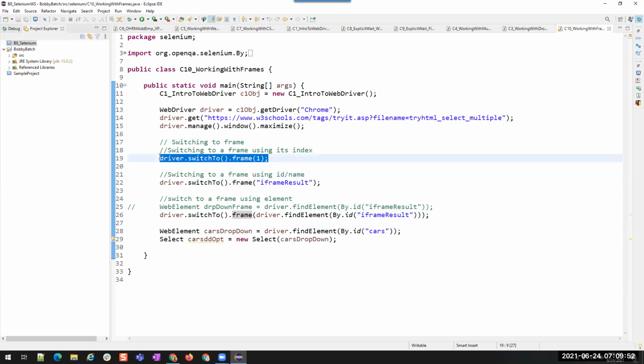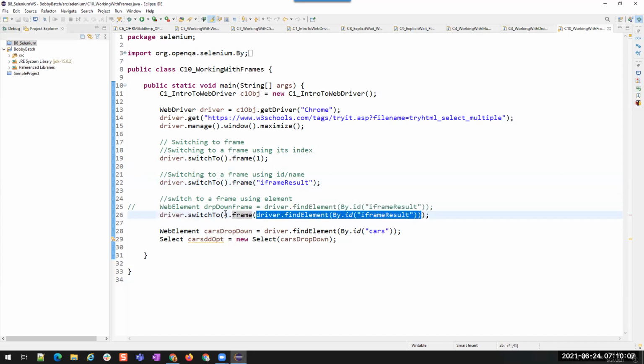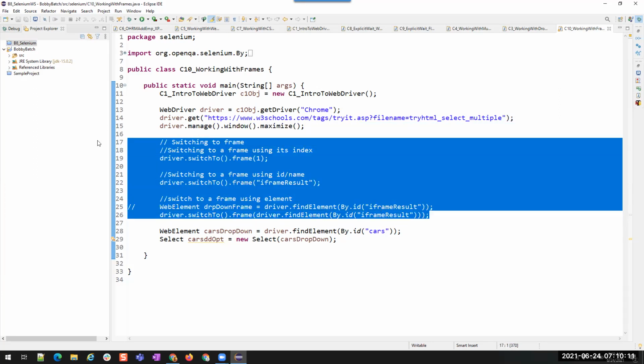It might not be constant, so we will not depend on indexes. We will depend on either ID or name if it has an attribute ID or name. If not, then we'll find it using any other technique and then pass it as a web element to the frame. So these were the three methods that we have learned in our previous session.